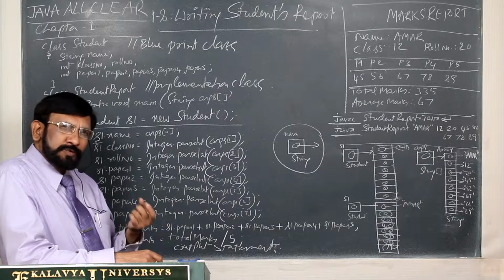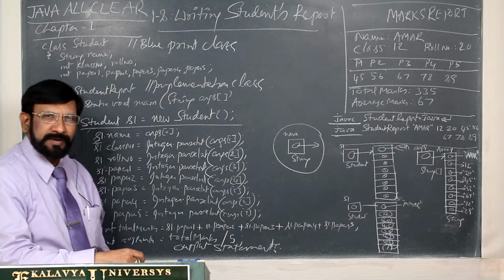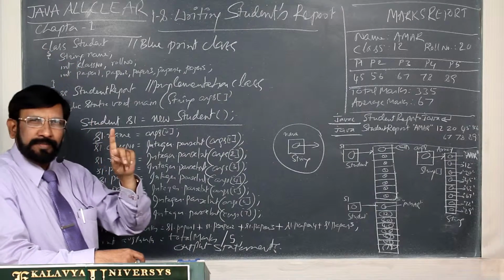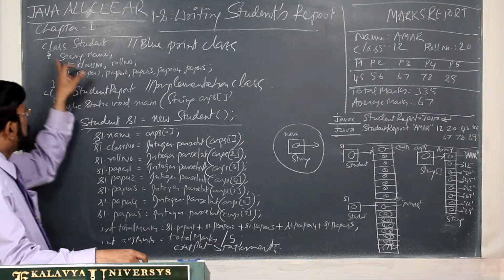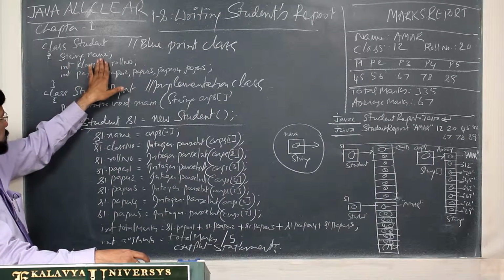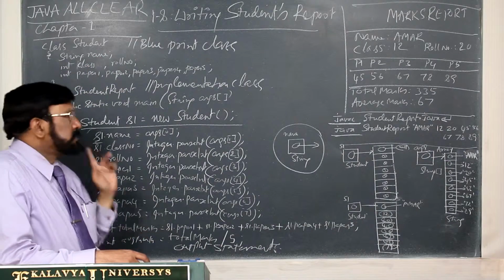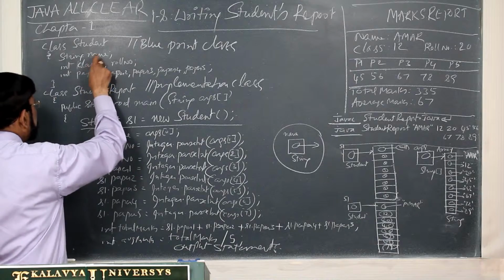Keyword should not be used as user defined identifiers. That is a condition, that is a restriction. So here class is a keyword, it should be used for declaring classes. So we are using same thing. If you use as class, then obviously error will come. So some change is required, that's why I named it a class number.